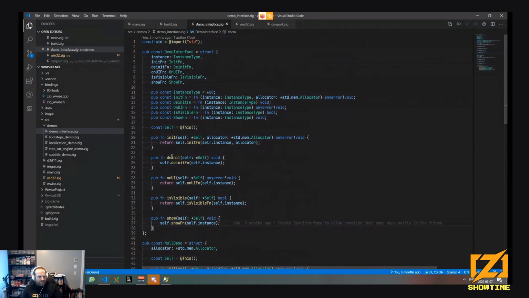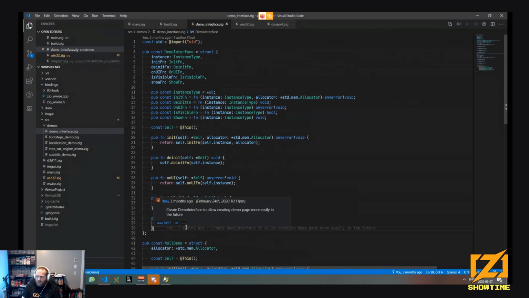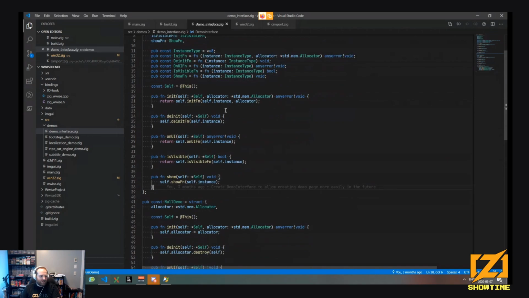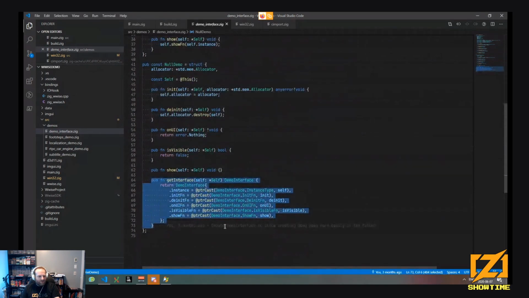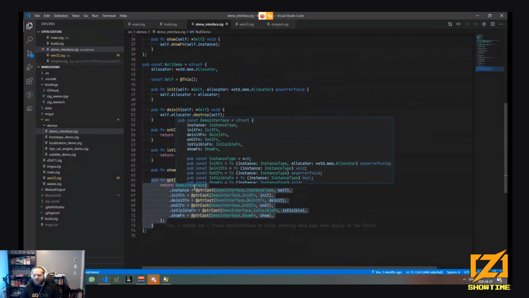This is a helper function to directly call the show, so you don't need to specify by hand, okay, I want to pass the instance directly. This is the null demo that just does nothing, basically. And this is the method that returns the demo interface, which will contain the instance pointer and pointers to all the functions of the demo.